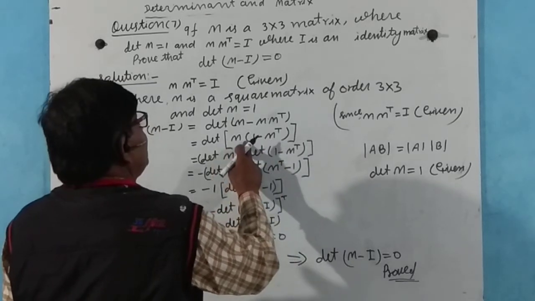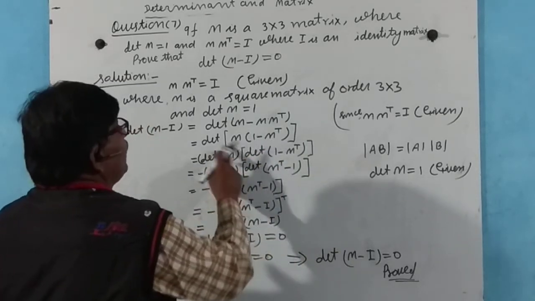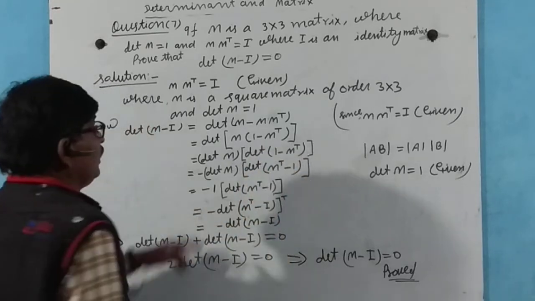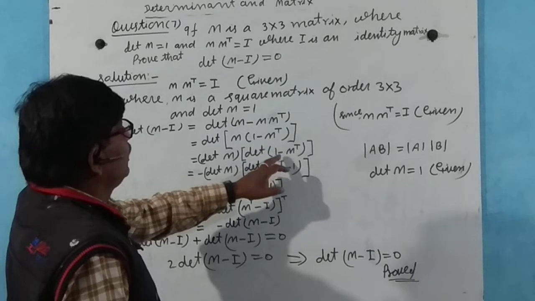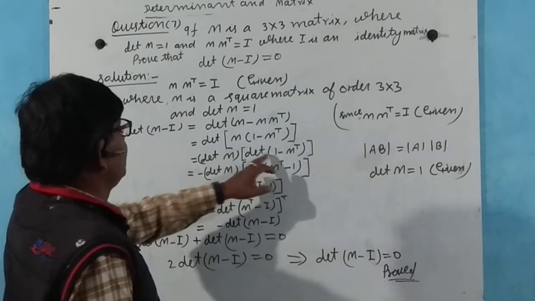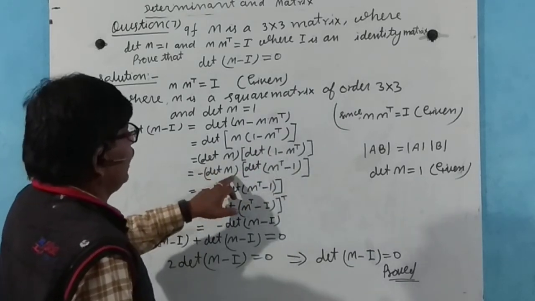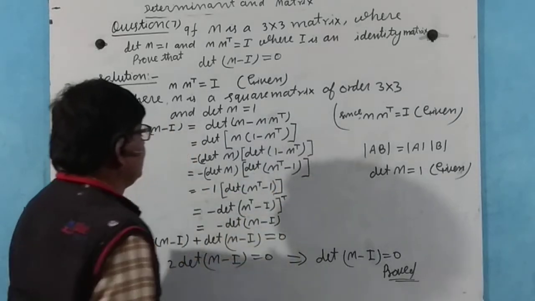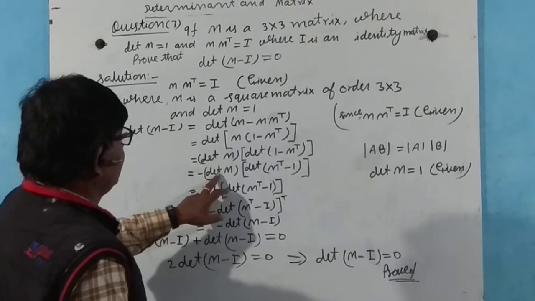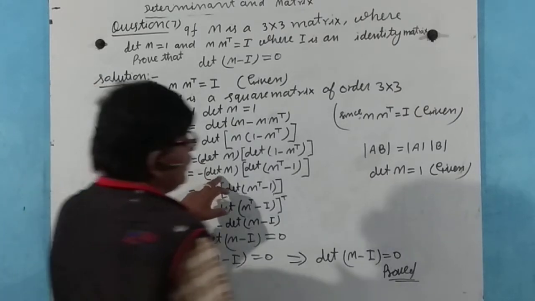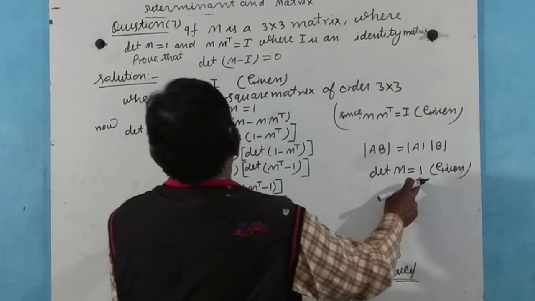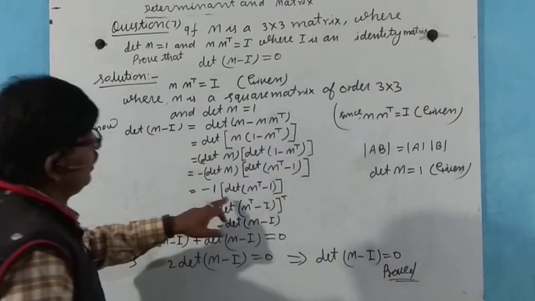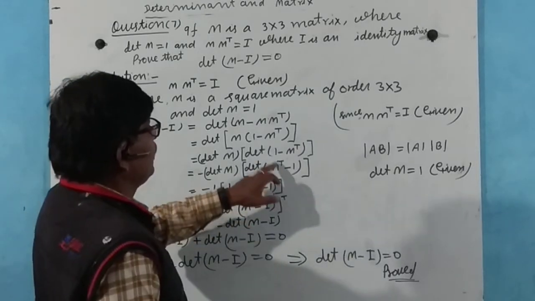Now this is equal to, in separate form, determinant M and determinant 1 minus M to the power T. Here this side changes, so that the 1 minus sign comes here. This is a minus determinant M and determinant M transpose of matrix M minus 1, and here determinant M is 1. Given that determinant M equal to 1, this is minus 1 and determinant M to the power transpose of